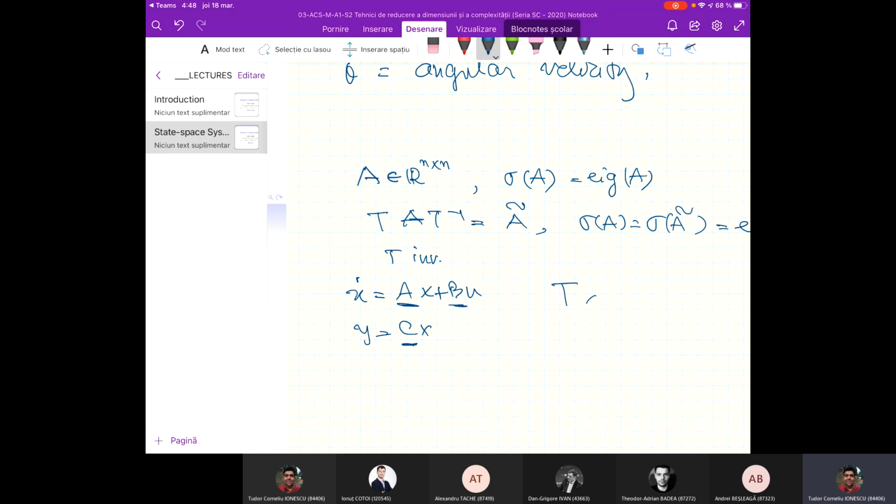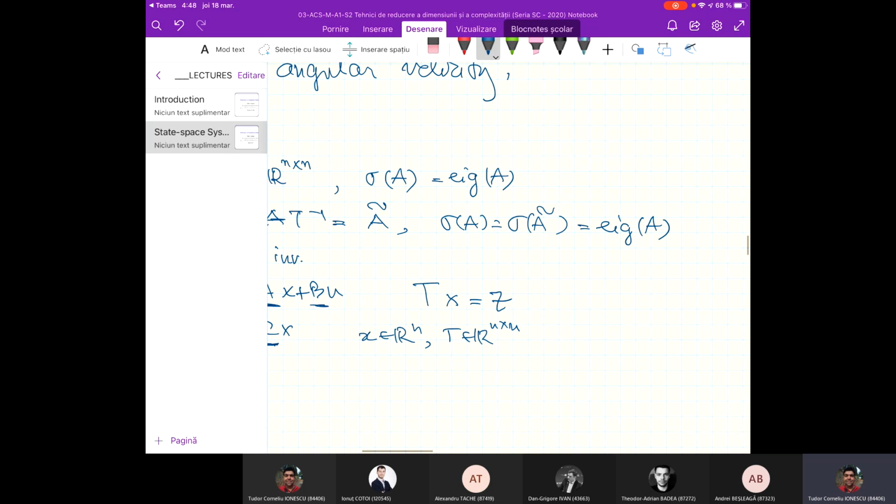You multiply x with a T matrix, and then you get a new vector z. So x is in R^n, T is in R^(n×n), then z from matrix multiplication is also in R^n. So the dimension of z is not changed. Now, if you take the time derivative,